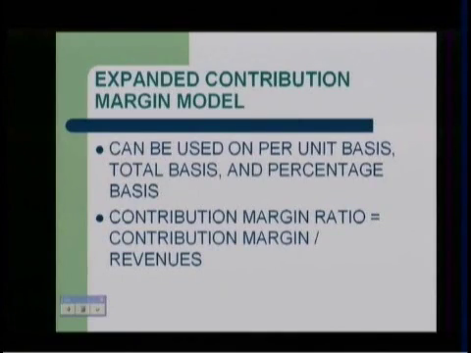Now if you look in your book at the bottom of page 424, you have a nice little chart across the bottom there that shows you how you can use the contribution statement format. You can do it on a per unit basis where you have your variable revenues per unit, your variable costs per unit, and you get a contribution margin per unit. Now notice if you do it on a per unit basis, you stop there. In the next column you can multiply that by the amount of volume that you have, which would be the number of units, and you can get a total dollar